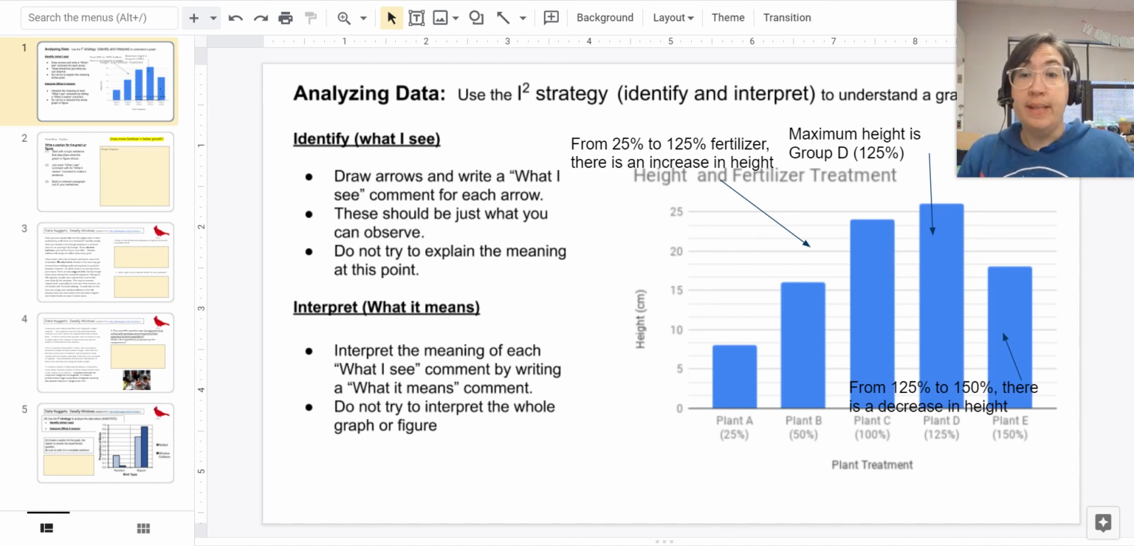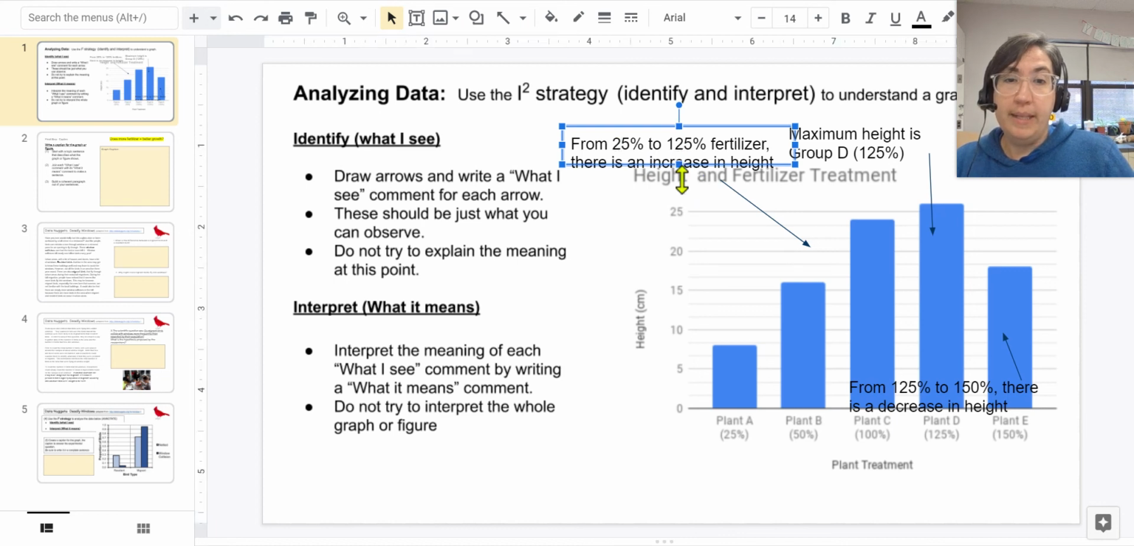Identify. Now we have to do our interpret. So what does it mean? Right? This is like observations and inferences. So I identify, I make my observation, and now I need some inferences. So we're going to interpret the meaning of each what I see comment by writing a what it means comment. All right, so